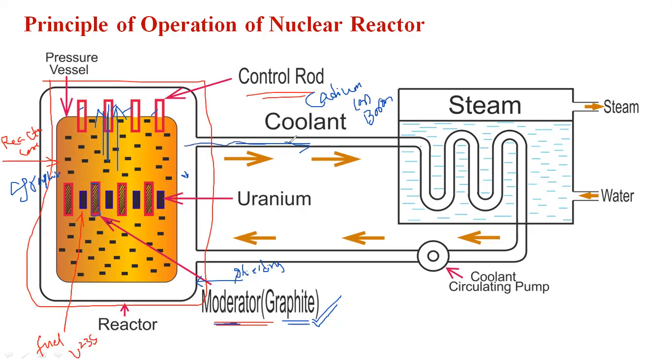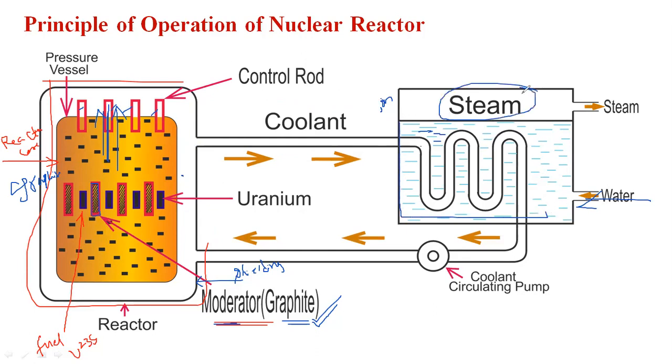Here the steam is flowing into the heat exchanger. In this, the coolant and the cold water are not at 0 degrees centigrade; it could be 40, 50, or 70 degrees centigrade. Again in this process, the water is converted into steam. Here there are two chambers: this is the water chamber, and this is separate, the steam chamber.